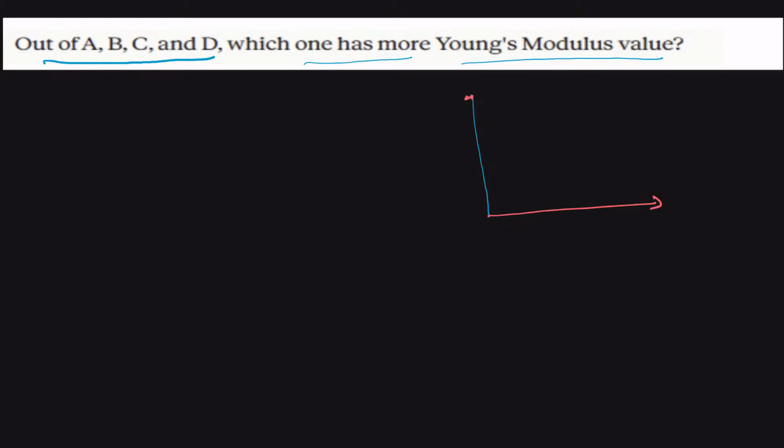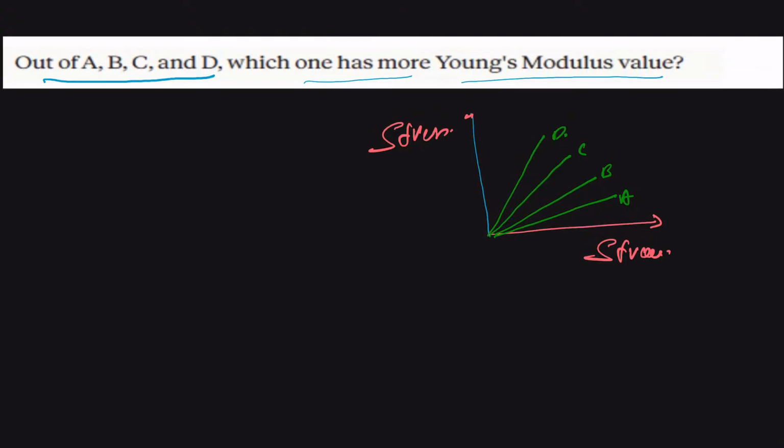So we have stress and strain, and we have four graphs: D, C, B and A. Which one has more Young's modulus? Young's modulus is represented as Y, and Y we know is